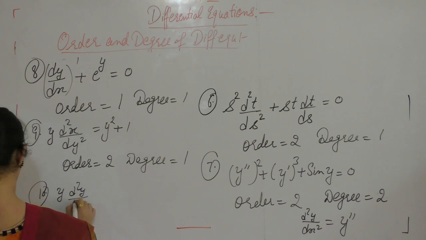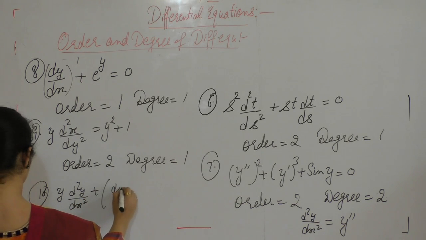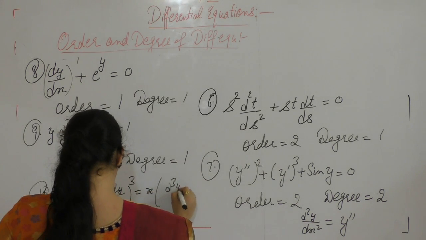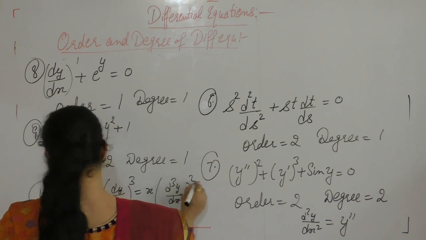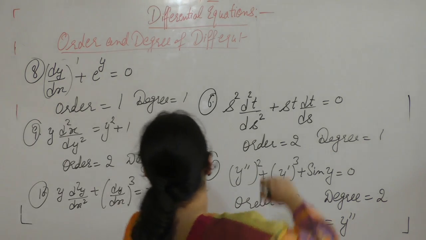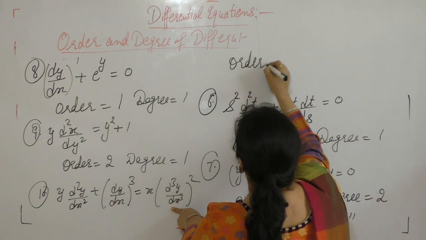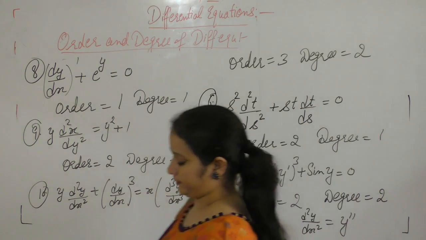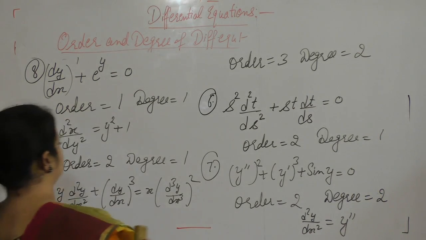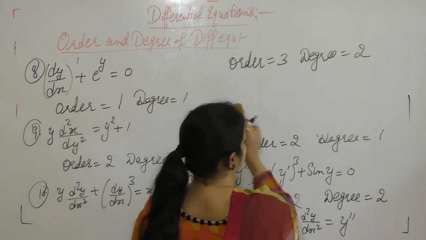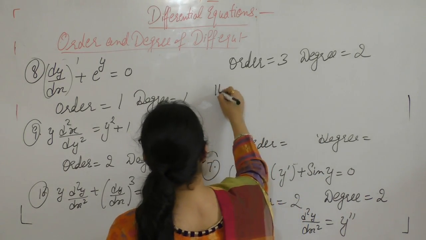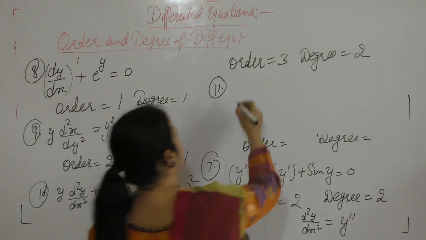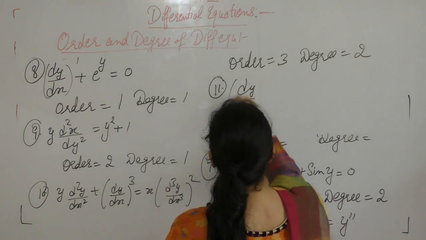Next, y d square y upon dx square plus (dy upon dx) cube is equal to x (d cube y upon dx cube) power 2. Here highest order derivative is of order 3 and degree of highest order derivative is 2. Next one is (dy upon dx) power 4, (dy upon dx) power